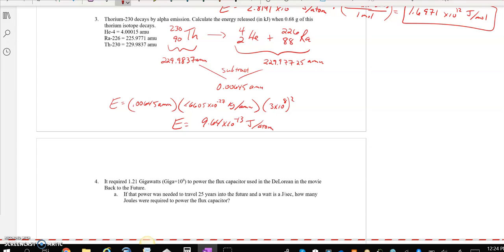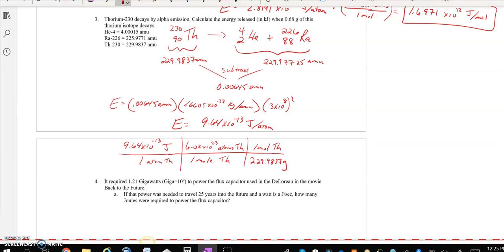Now, the answer for this problem, first of all, wants kilojoules, and secondly, it's using 0.68 grams of thorium. So I'm going to start with this number I just came up with, this 9.64 times 10 to the negative 13th joules per 1 atom of thorium. And I'm going to train track this thing until we get to the answer. I know that there are 6.02 times 10 to the 23rd atoms of thorium in a mole of thorium. And then 1 mole of this thorium isotope, it told us in the problem, is